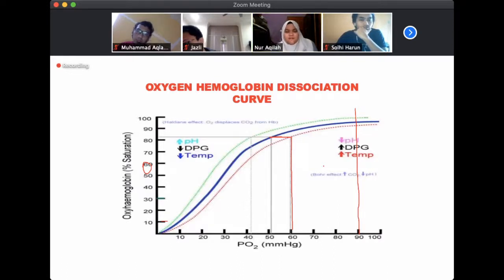No, because their PaO2 will never be more than 100. They will never reach a PaO2 of more than 100, even if you give 100% oxygen, because there will always be a mixture of blood. Okay, but you correctly mentioned that usually, in an ideal situation, children with cyanotic heart disease,